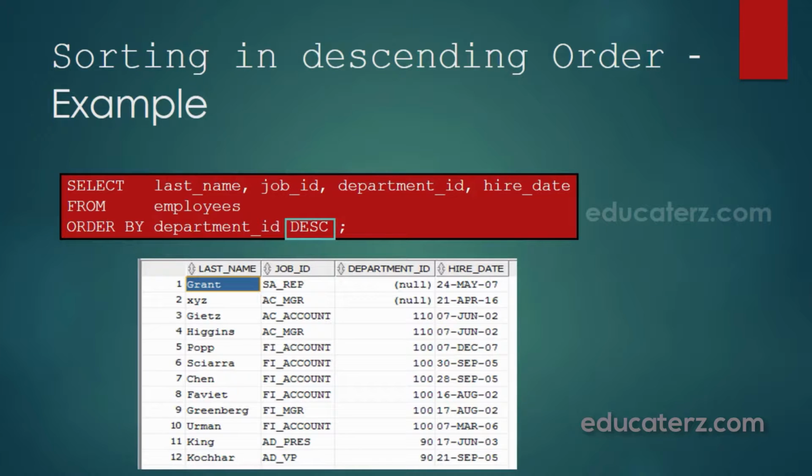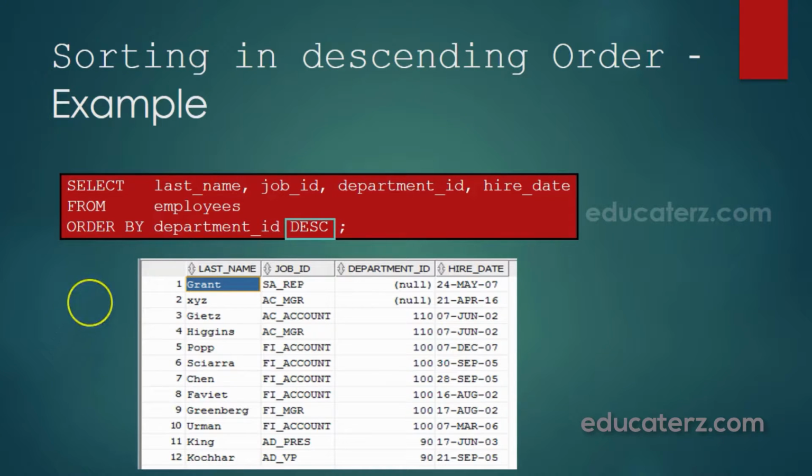Sorting in descending order, an example. Say I want to retrieve the details of the employees such as last name, job ID, department ID, hire date, and I want to display the results according to the department ID in descending order.